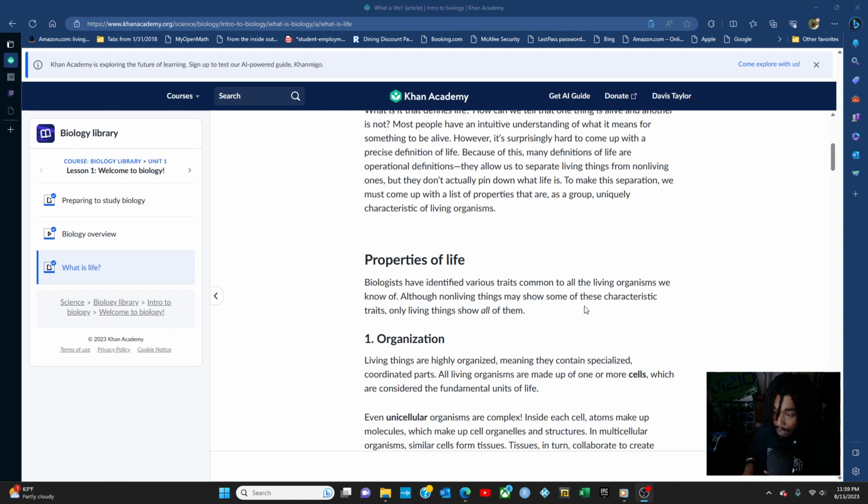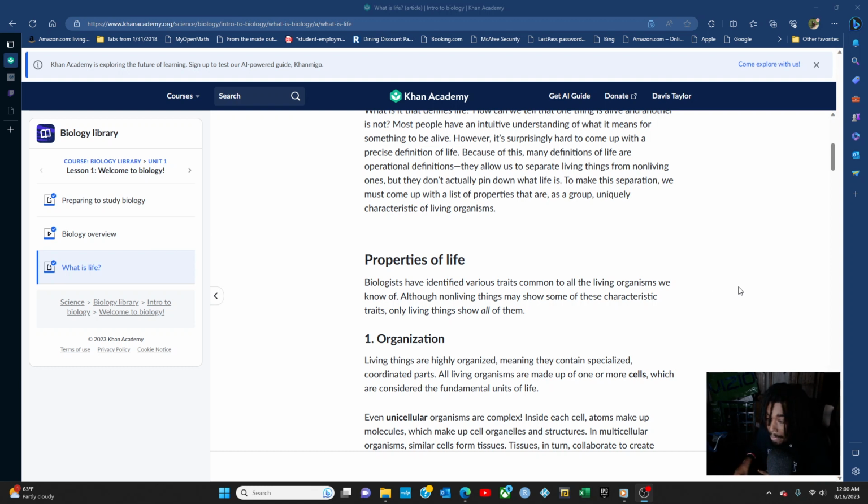So as it says here, biologists have identified various traits common to all the living organisms we know of. Although non-living things may show some of these characteristics or traits, only living things show all of them. So we'll get to that. Like viruses, for example, may show some of these, but they don't show all. So let's see what are all of the things that biologists have identified, and let's see if you knew all